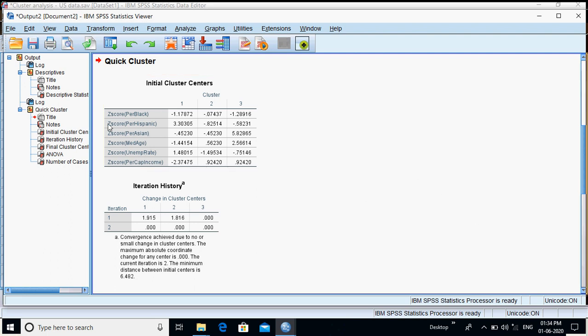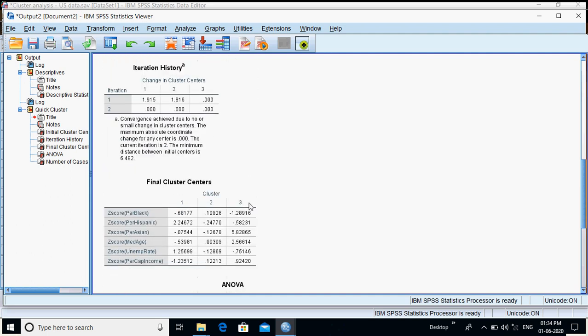So similarly, you have these initial clusters created first, then after this process of classifying them based on the centroid, these iterations, there have been 2 iterations done. In the first iteration, you could see the first and second clusters were not significant, and in the second iteration, all these 3 clusters had been significant, and based on this, a final cluster was created.